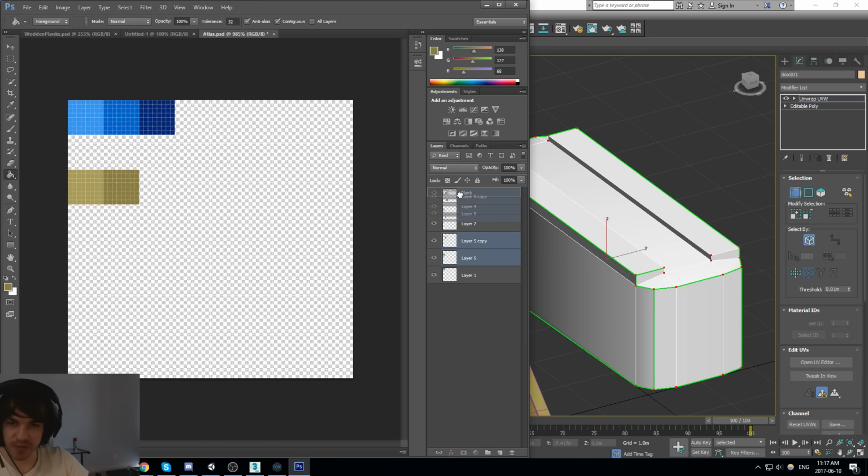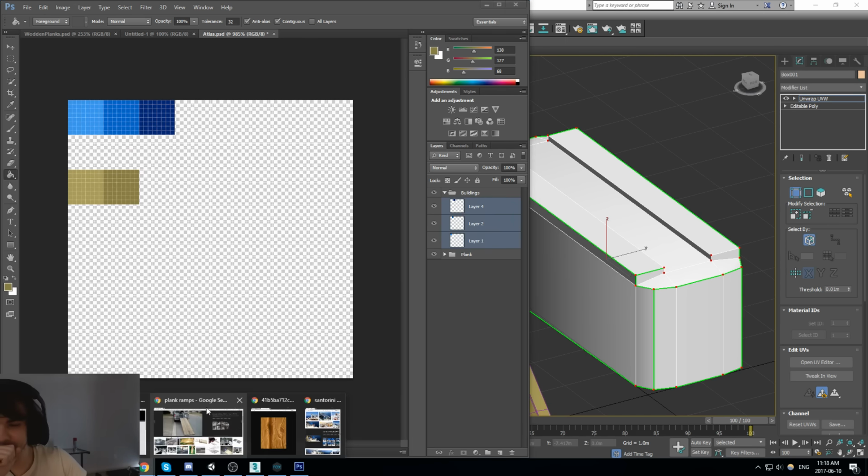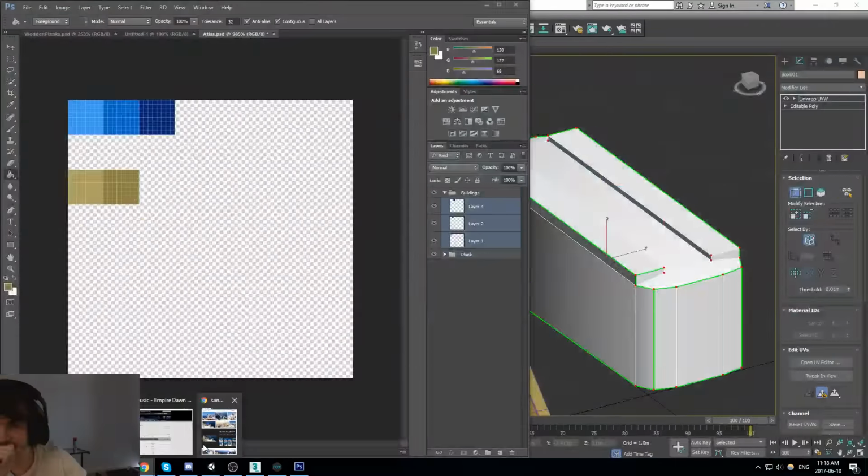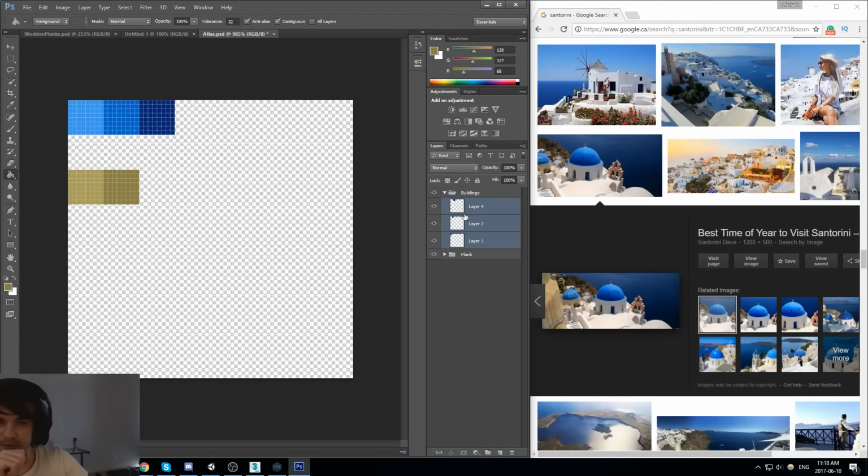So these are my planks. These are my buildings. Actually, well, buildings. And now we need the body color of that building.